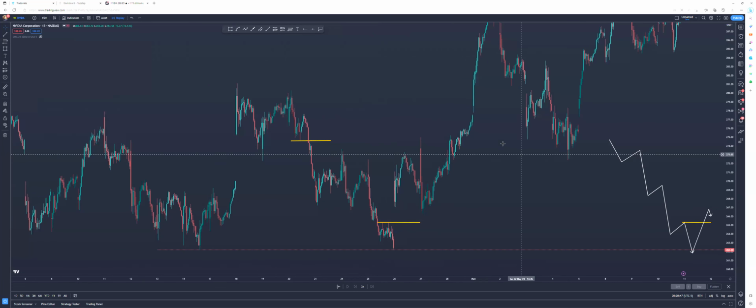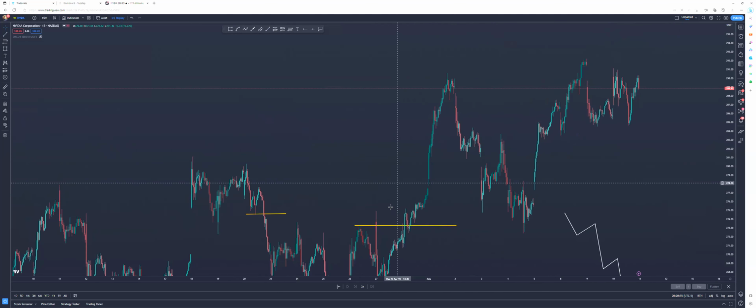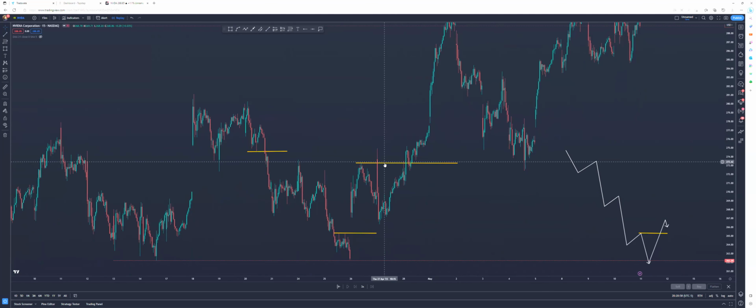And then normally a lot of people actually enter here, pretty much most of the world, once we broke above this high and enter that way. You still would have caught a nice move. For me, I'm not going to say a lot to you. I trust my levels so much.